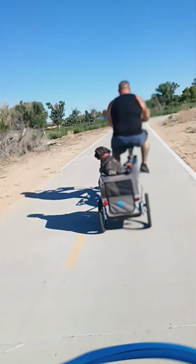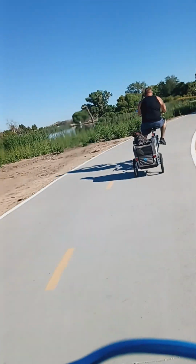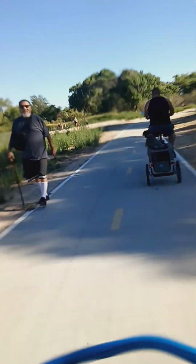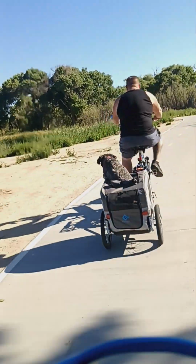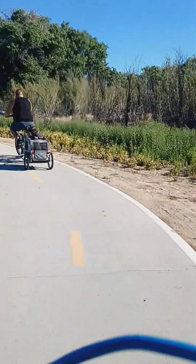Riding into Mojave Narrows after a stretch of dry trail feels a bit like crossing into another world. That contrast, the dry and the lush, the quiet and the life-filled, is one of the things that makes this ride so memorable. Sometimes we will stop near one of the lakes and just sit for a while, watching the